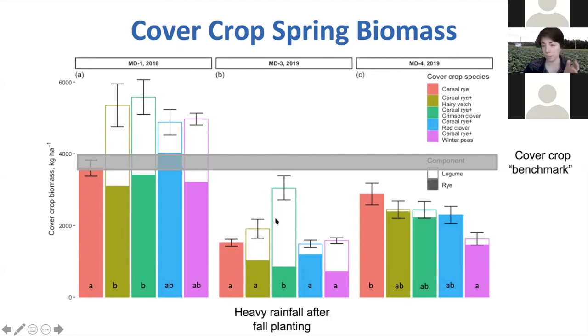So this is the reason we think that some of these didn't do as well as this one. This was 2018. We had really heavy rainfall right after we planted this field. And then this year, because of the really intense rain that fall, we actually were not able to get into the field to interseed until October. And this is where you can see what a difference that delay makes in the legume growth, because the rye did all right. The rye was fine, but we had such little legume cover crop biomass growth